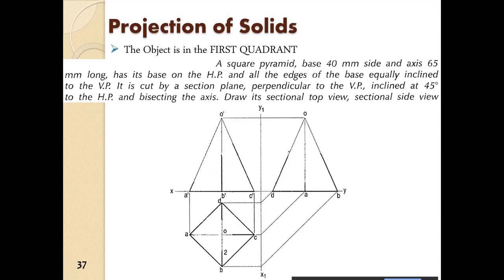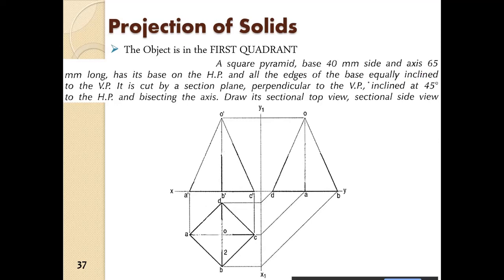Third step is, okay, here sectional side view is also given. So you draw the side view as well. So either you can use the 45 degree angle projectors, or you can also use the arc, taking this as the center. Alright, and this O is projected up, and this is the side view. So first you draw the pyramid. Whatever drawing has to be done for the pyramid, you draw. Then